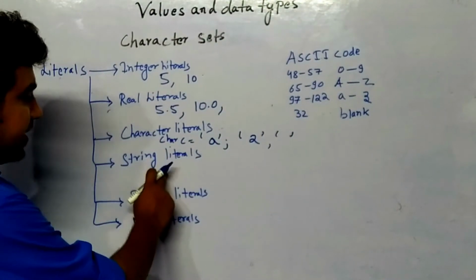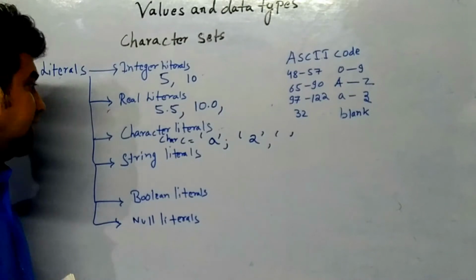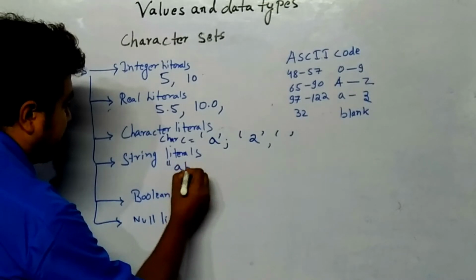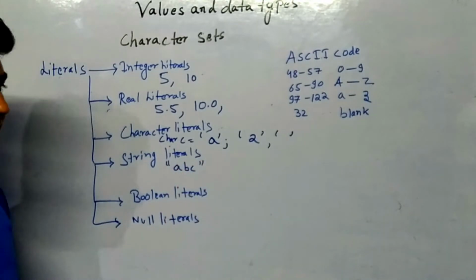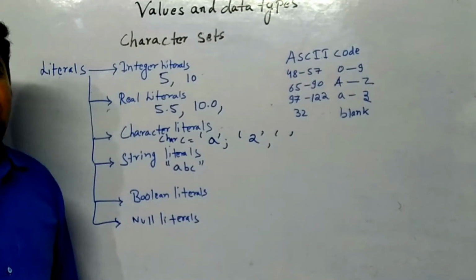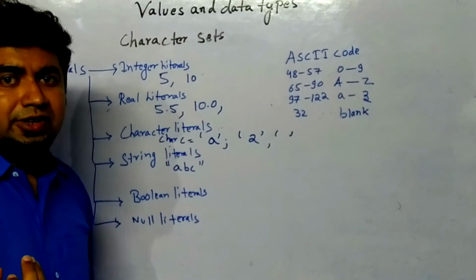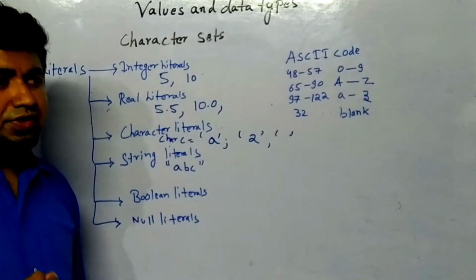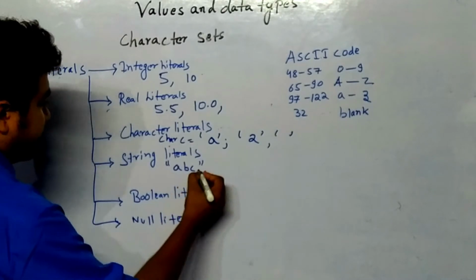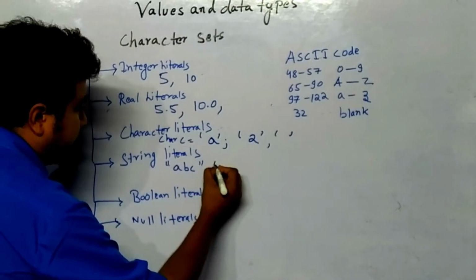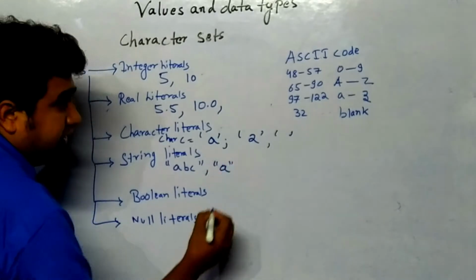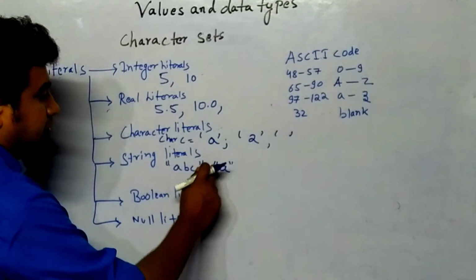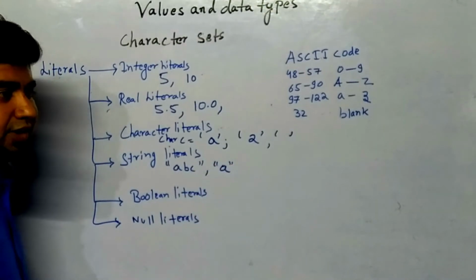Now I will be discussing string literals. String literals is basically anything which is written inside double quotes, like ABC. ABC means more than one character. One or more than one character. You can write one character also within double quotes. But you have to think that if double quotes are present, then it is certainly a string. ABC is a string. Or you can say about this also as a string. A is also a string. Why? Because it is written inside double quotes. You cannot say that this is a character. This is a string because it is written inside double quotes.